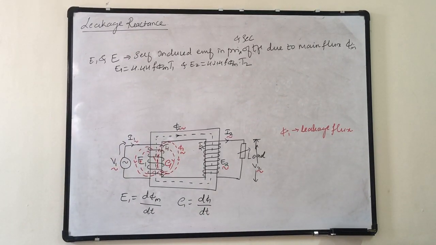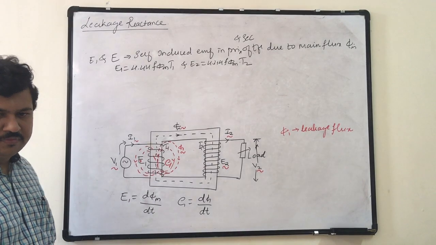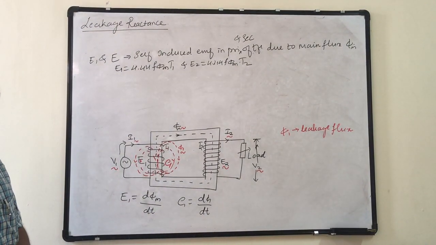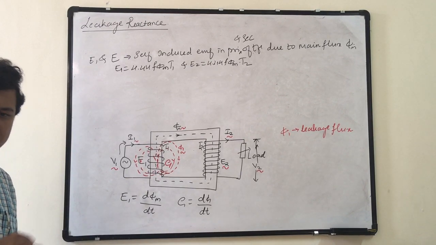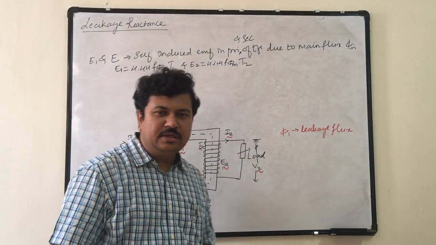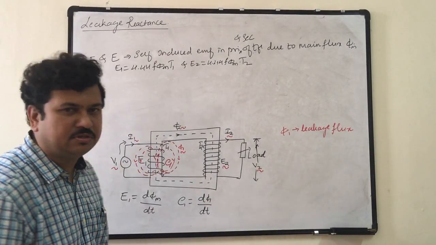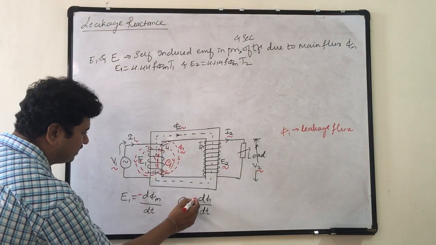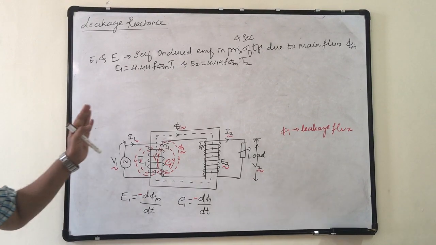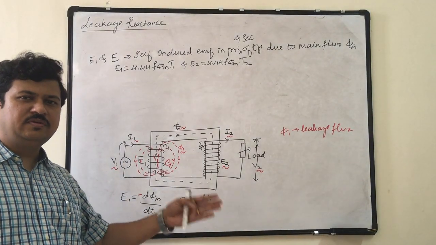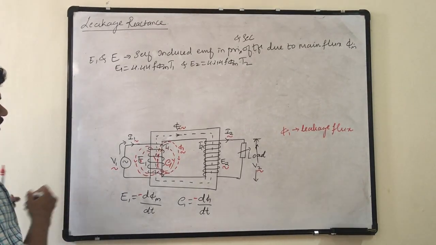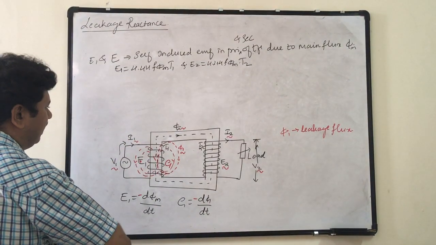Induced EMFs, self-induced EMFs as per Faraday's law. Now, these are not only existing, but as per Lenz's law, they are also opposing. These two are not only existing in the primary winding, they are also opposing the primary source, that is V1. Hence, these come with a minus sign. So there is one voltage which is acting towards the winding, and there are two voltages which are acting away from the winding. So if I have to take the resultant voltage, the effective voltage by applying KVL here,